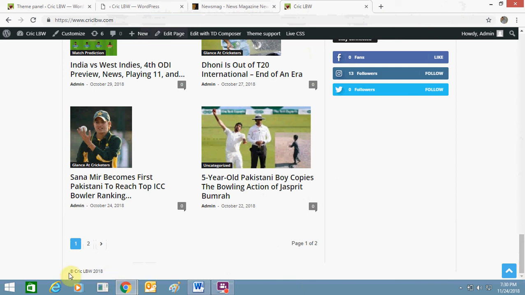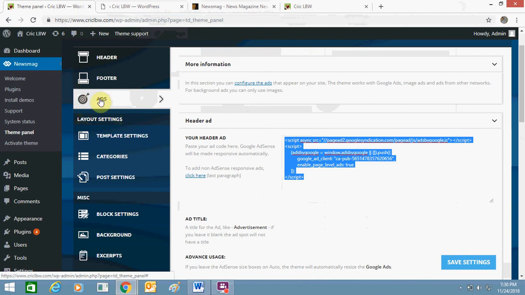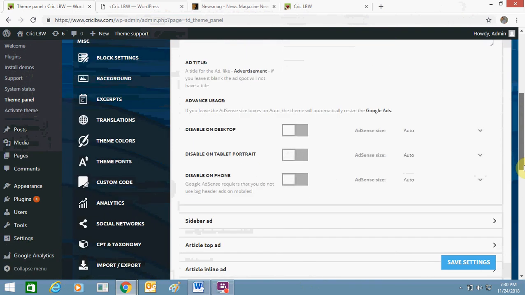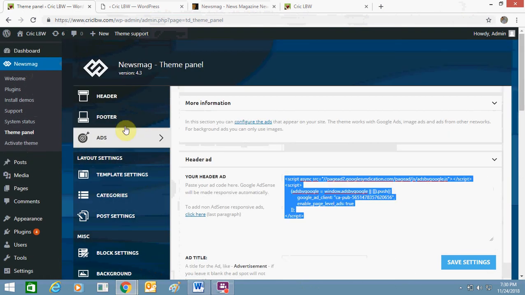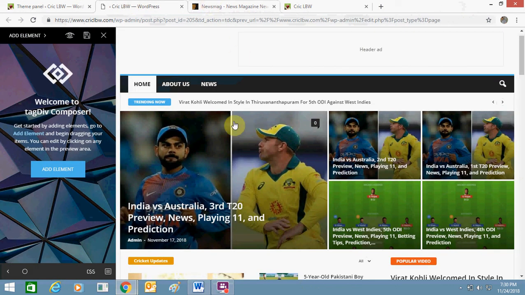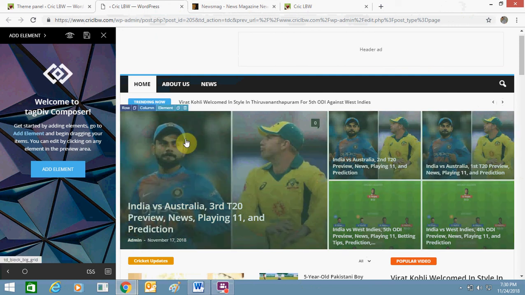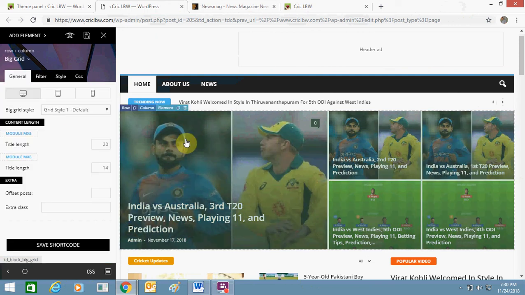And I have also made changes in the footer from this option only. So this Newsmag has welcome, plugin, demo, and support as well there. You can get support from them. If you have a paid theme, you can get in touch with them. They will support you and activate the theme. So from here you can make all the changes, in this section, as well as from this side. You can click here, double click, and make changes from here.